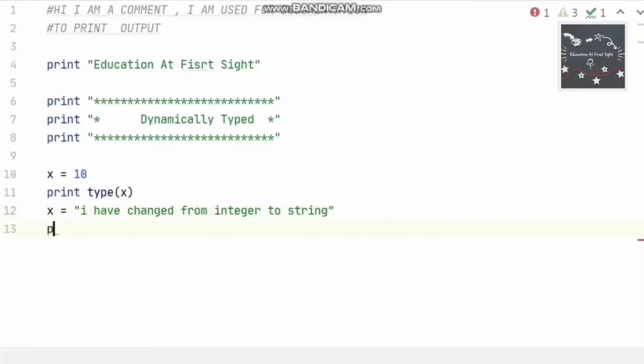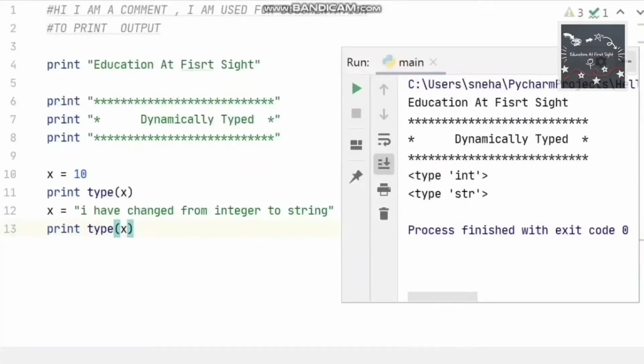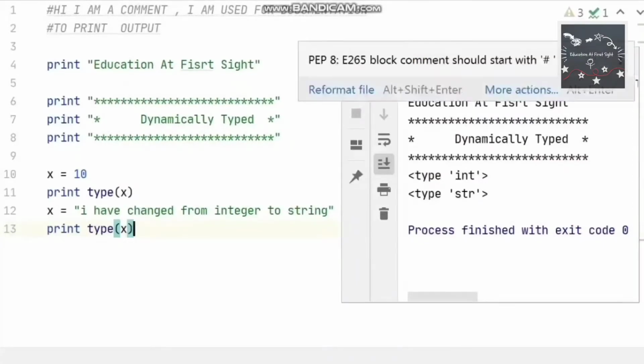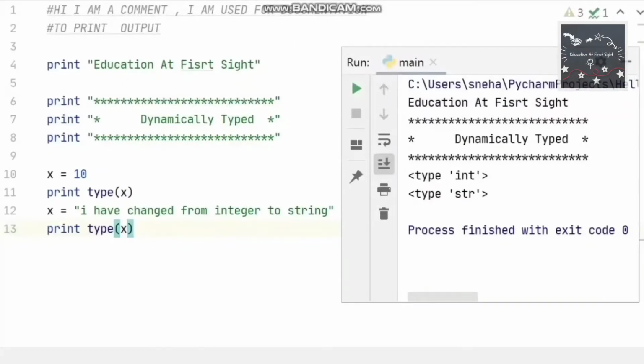And now I am going to print the type of x. Let's see if the data type of the variable changes or not. You can observe here, initially x was an integer, but now x is a string.